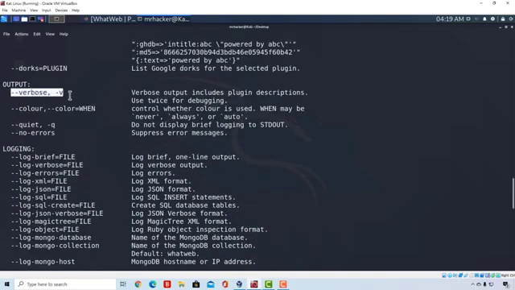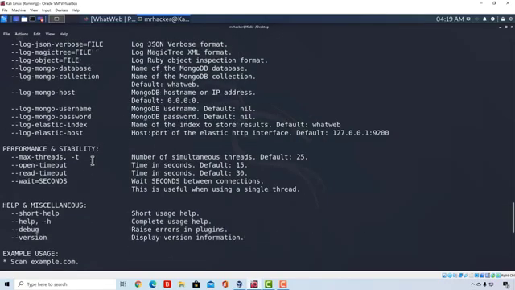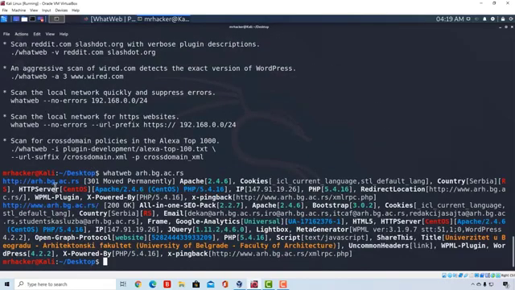Here it is. And what this verbose option does is it also includes plugin descriptions. For each plugin that the WhatWeb tool managed to discover, it will tell us what exactly that plugin is. So let's try it out. If I type WhatWeb and then the same website, but I add the -v option at the end and press enter,